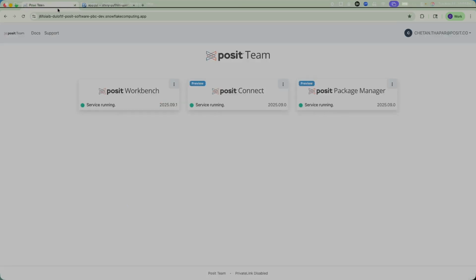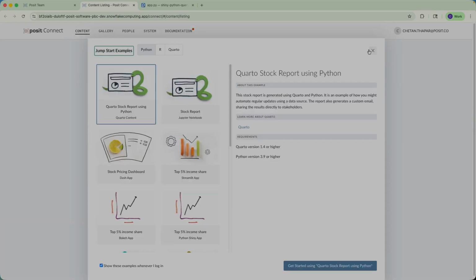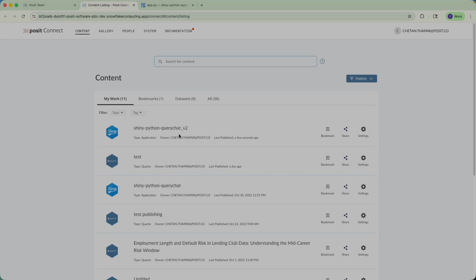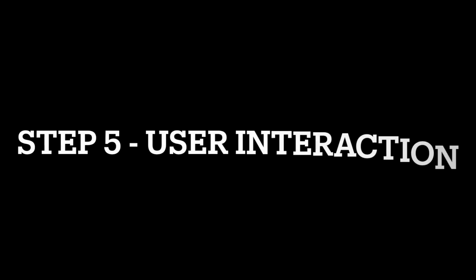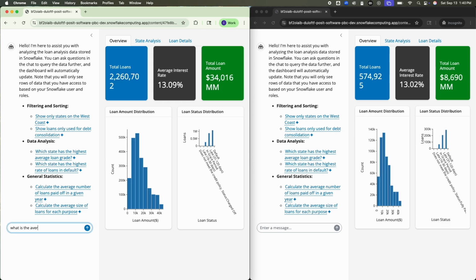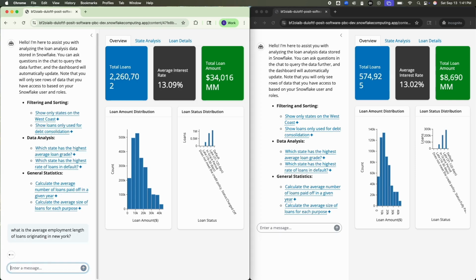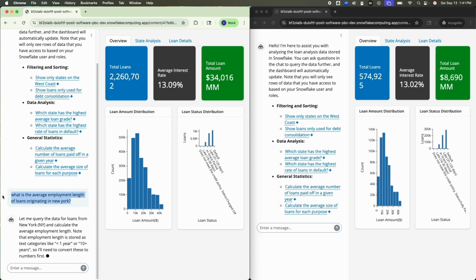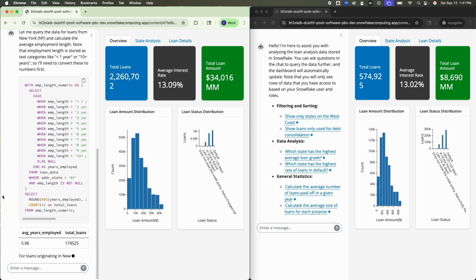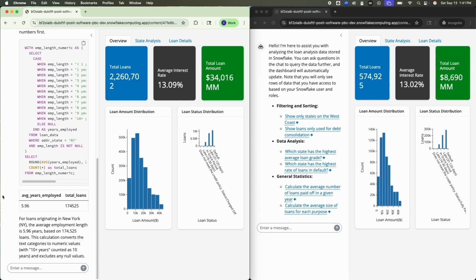So let me just go back to Posit Team and open Posit Connect. And here we see the Shiny for Python app that we were building. It was just published a few seconds back. Now let's see how our users are interacting with this app. So on the left, I'm logged in as a business manager. I'll ask our app, what is the average employment length of loans originating in New York? The Cortex-powered app understands the question, builds the SQL, queries the data, and returns the answer. About 6 years based on